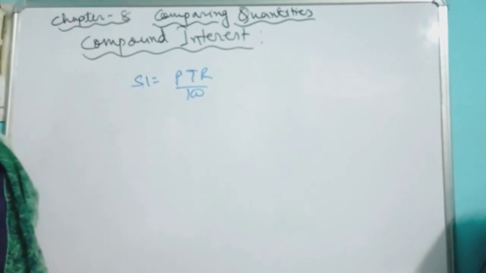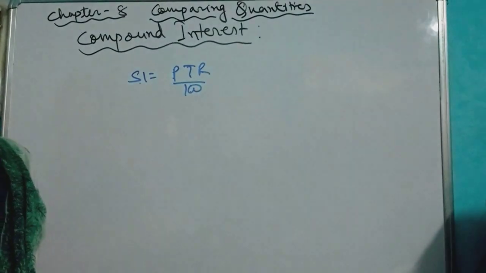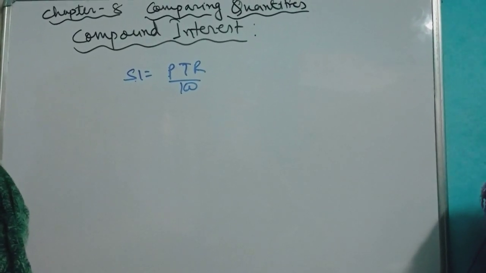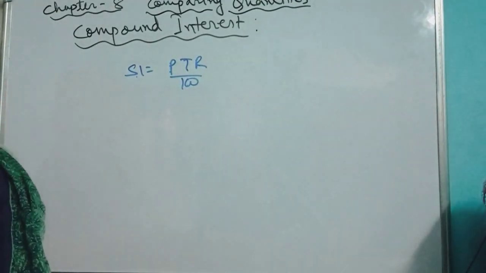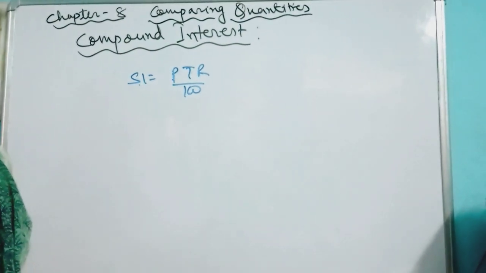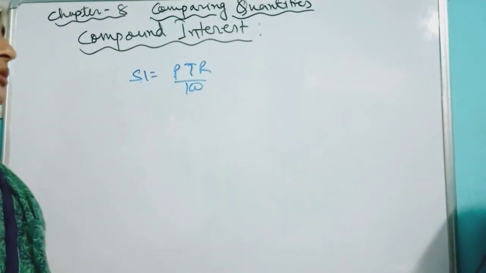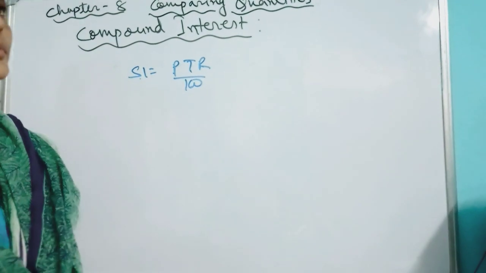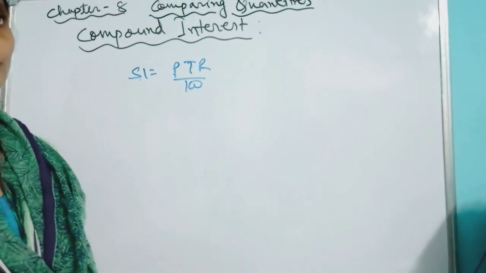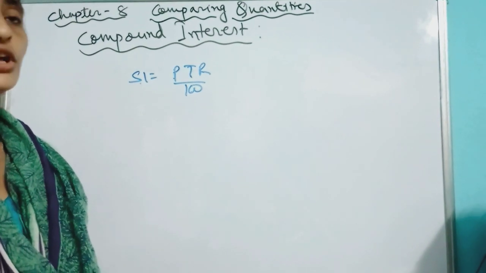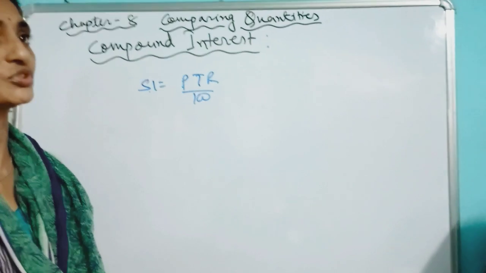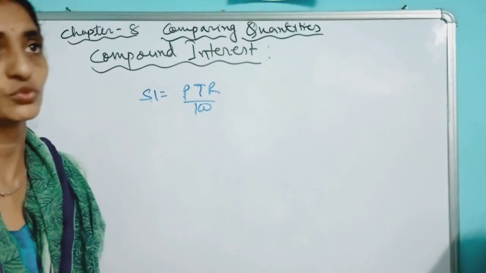Here some money is kept, suppose, for 1 year. After completing 1 year, we get that interest, and the same amount is kept for the next year. In this way, with simple interest, the same principal continues for the whole number of years, whether it is 5 years or 10 years. The principal is the same, with no changes.